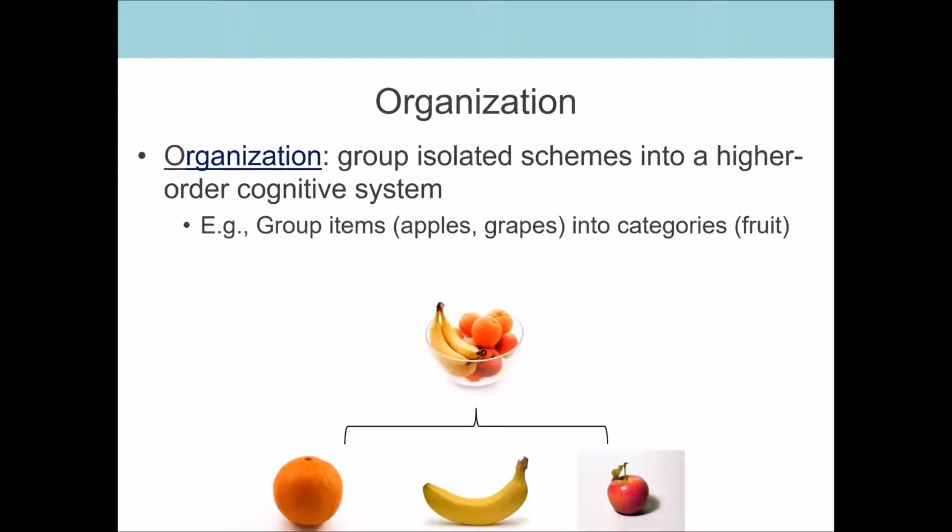So we have higher level schemes. For example, the category of fruit contains the scheme for orange and banana and apple. So we would say that fruit is a higher level scheme in relation to those other schemes, and they fit within it. So think of it like categories and subcategories, and we're often reorganizing our schemes as we learn new